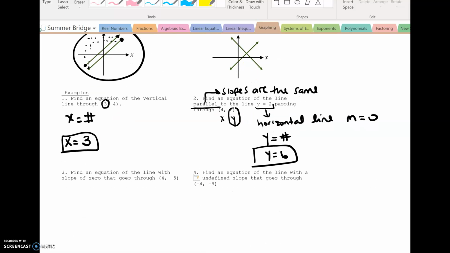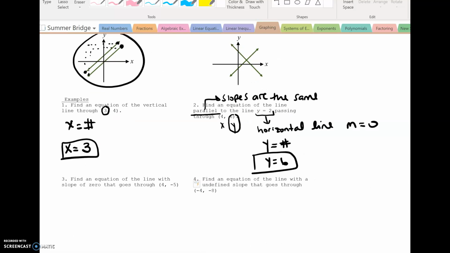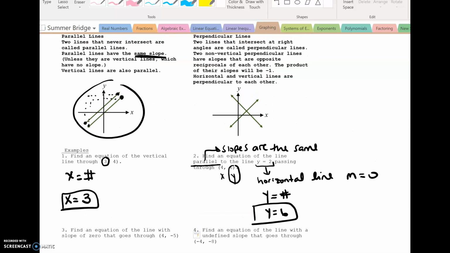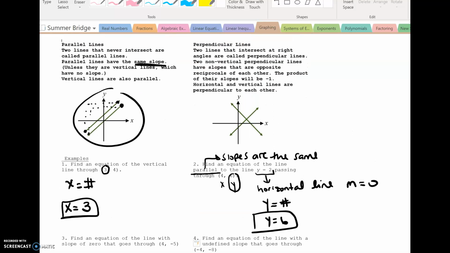Now, let's talk about perpendicular lines. Okay? So perpendicular lines are going to be two lines that intersect at a right angle. These are called perpendicular lines. So again, we're going to take a look at the picture here. If we take a look at the two green lines, they are intersecting at a perfect 90-degree angle. Okay, so the two non-vertical perpendicular lines have slopes that are opposite reciprocals of each other,